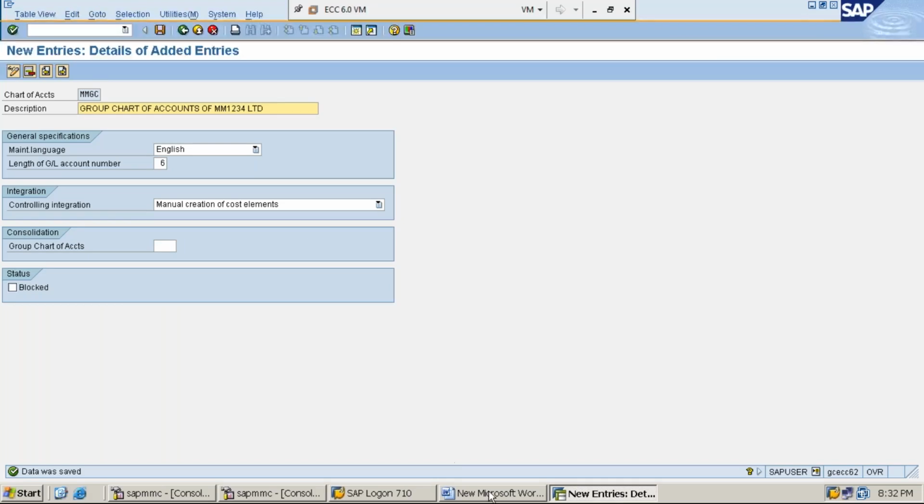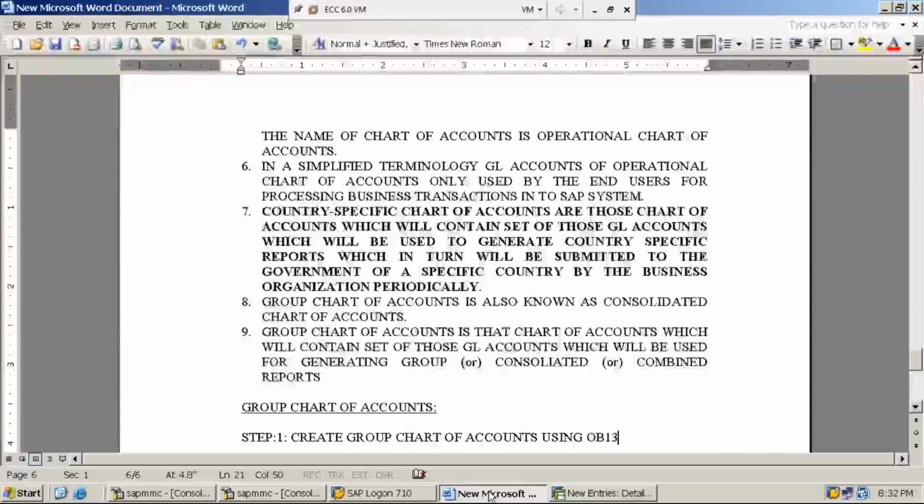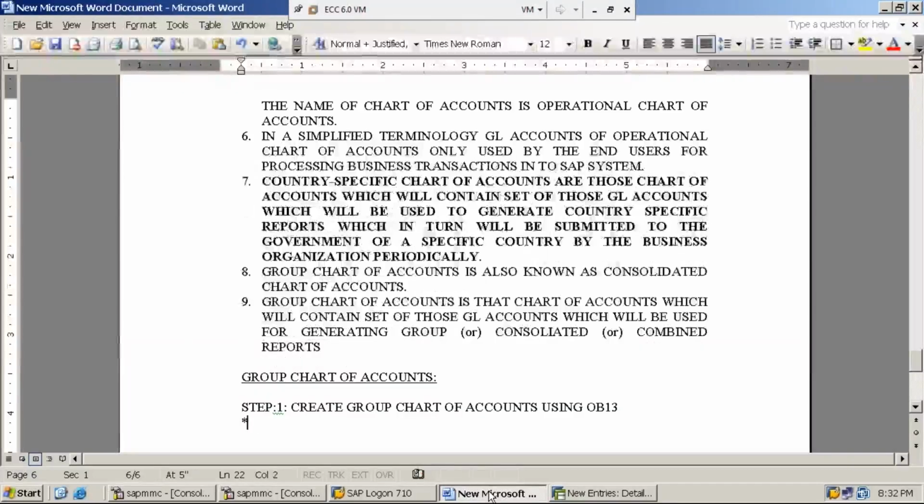Step 2. Important, keep star mark please. Assign group chart of accounts MMGC. This is what we have created in step number 1. Assign group chart of accounts MMGC in